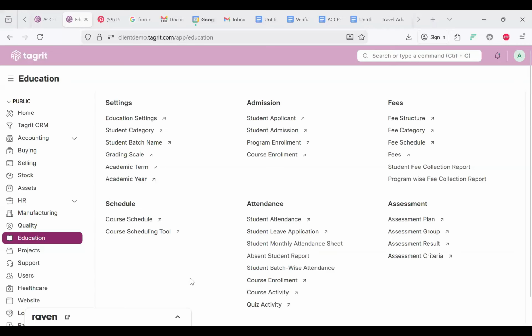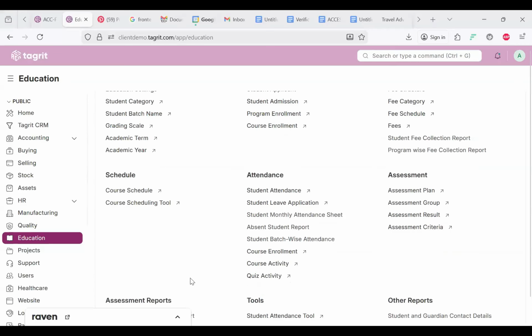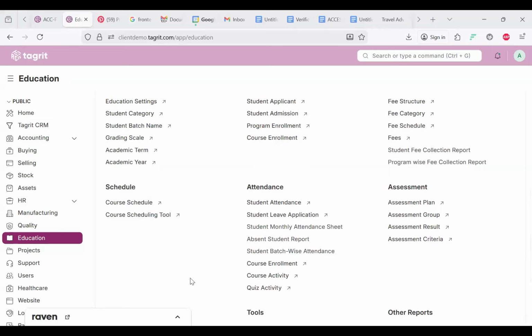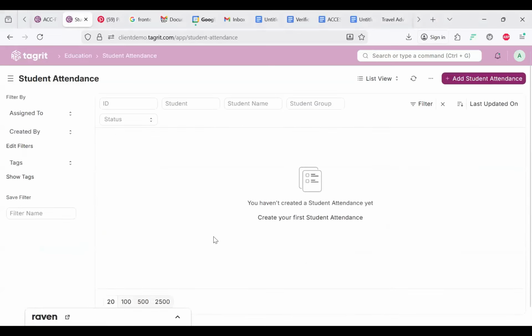I hope you can see my screen. So in terms of the attendance, there's this section in the system. It's the student attendance. So you click on it, you'll be able to see this interface, and you can